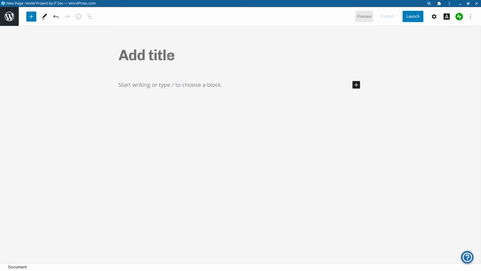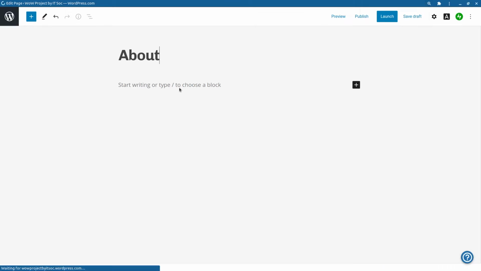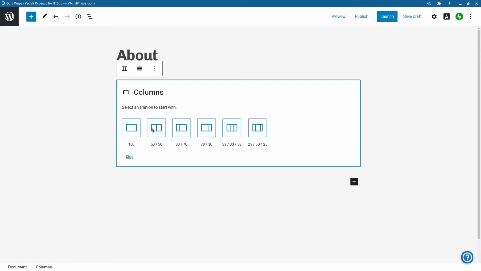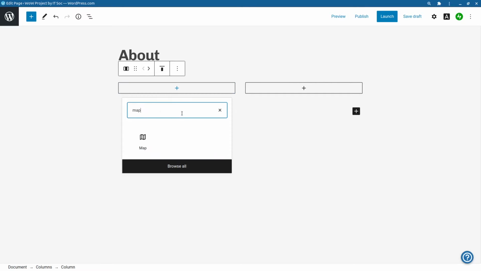Okay, now this one is about us, and we have this map here, and this heading, and then this paragraph and text, and these are icons, but I'm lazy, so I'm going to skip it. So we have map, heading, and paragraphs only. You can see it's two columns, so again we are going to use the column. Add columns again, 50-50, and we are going to add the map.